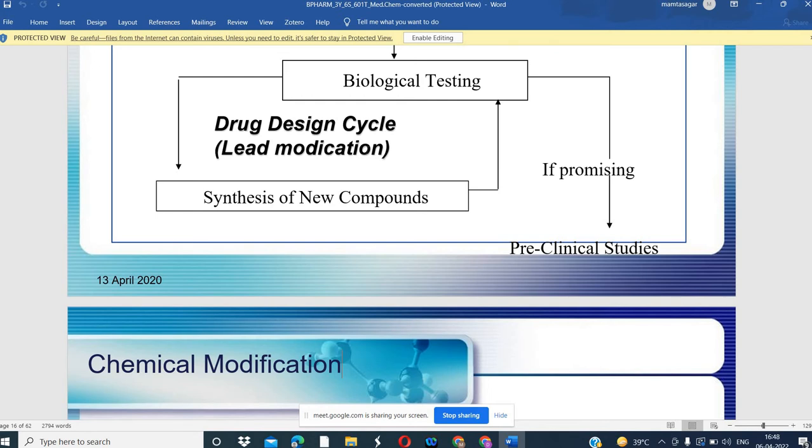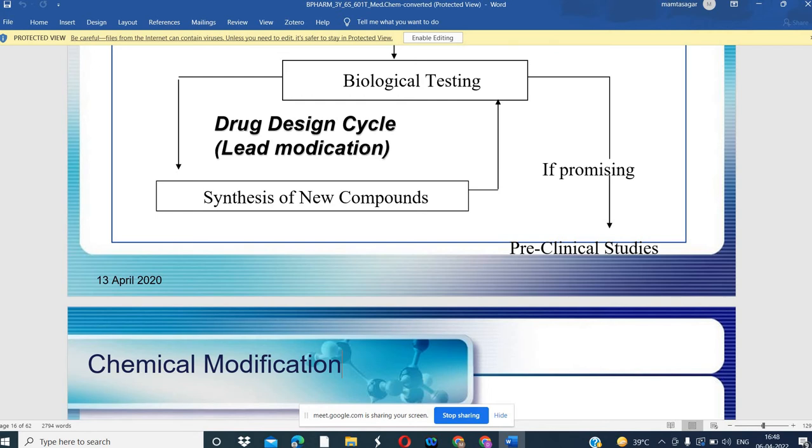When we apply it to a patient, then we can analyze the data of the drug metabolic process, the ADMET properties. So we have to conduct the pharmacokinetic, pharmacodynamic process and analyze those processes. After that we can conclude which molecule works against that target. So in biological testing, we have to identify the lead molecule. What is a lead molecule? That which actually works against the target.